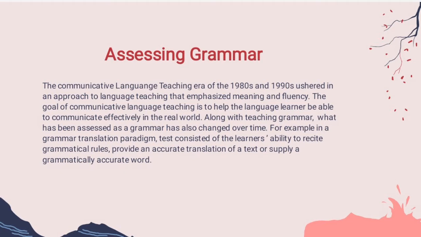Although the importance of grammar in language learning hasn't changed, there has been a lot of debate about the place of teaching grammar in the language class. Over the years, the focus on grammar has changed depending on the teaching method. For example, the grammar translation method was more about learning the structures of the language than using it for communicative purposes. In contrast, the direct method didn't focus on grammar teaching at all, because it was thought that grammar would be learned through exposure and interaction, in much the same manner that native speakers acquire their first language.